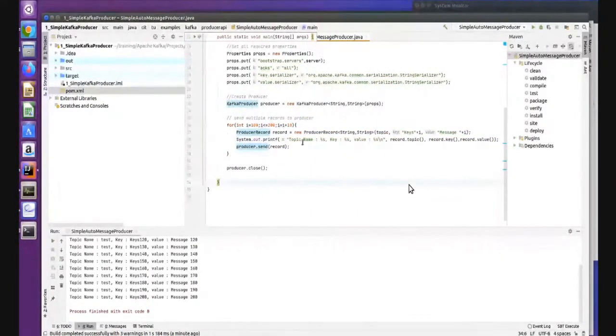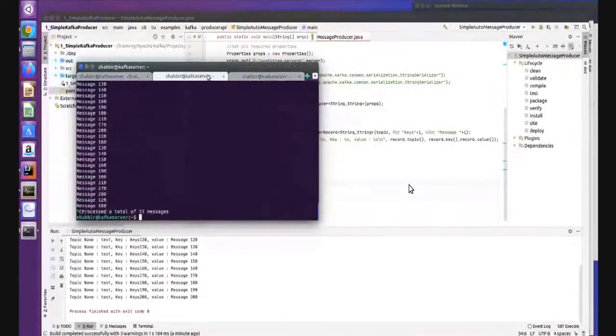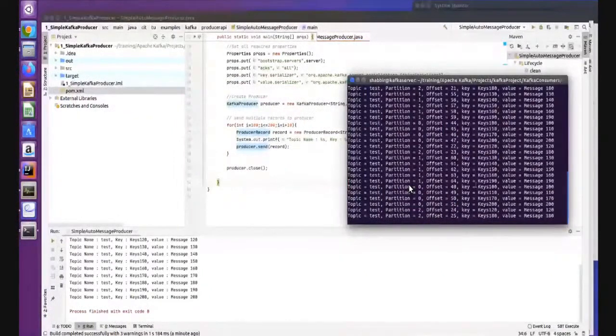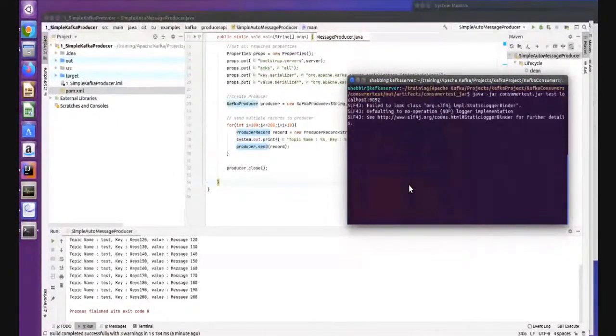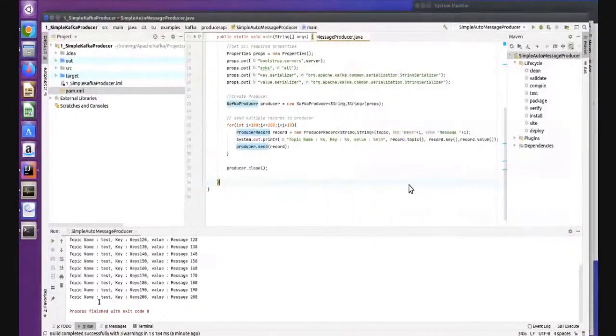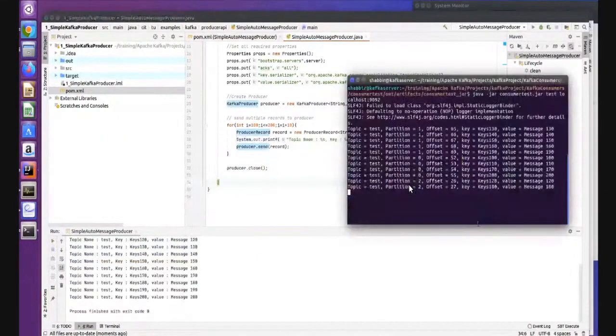So now I have run this, right? Producer is running. Now I can consume, right? We have our consumer already, so we can see. Run, close this, and run your consumer application again. Consumer, produce again. Yeah, you can see here, right? It is producing here, and you can see your data here, right? It is clear?